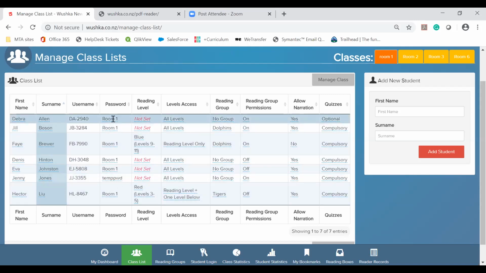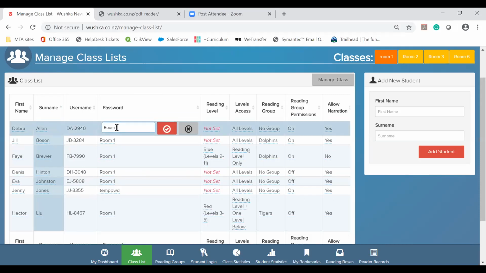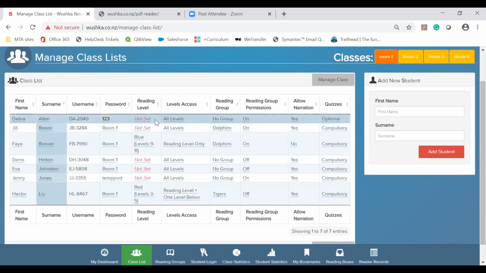You can change this password for individual students just by clicking on the blue dotted line, typing in whatever password you would like, and make sure to always click the red tick, which is like a save button. To